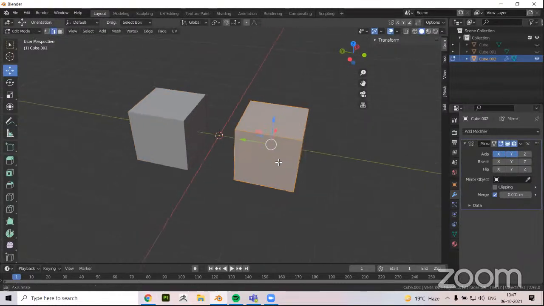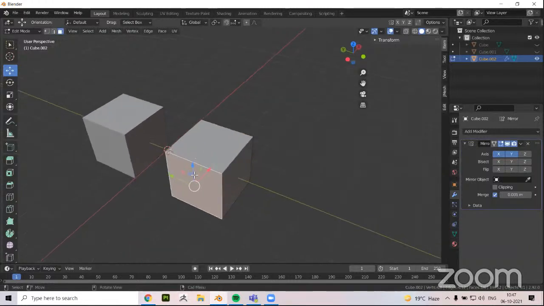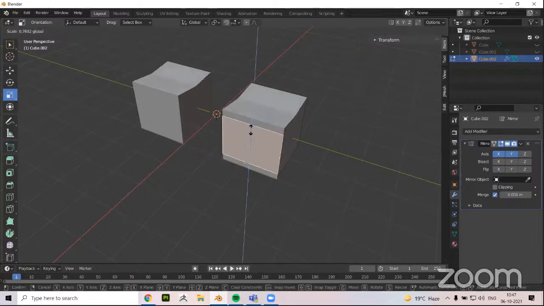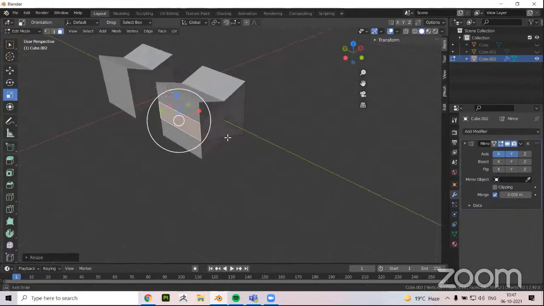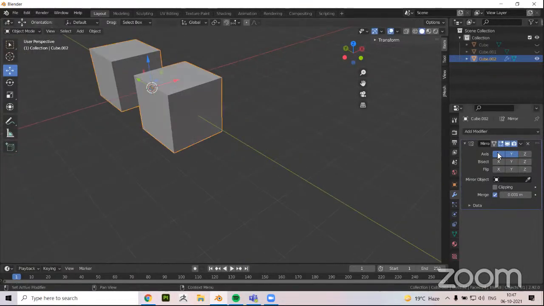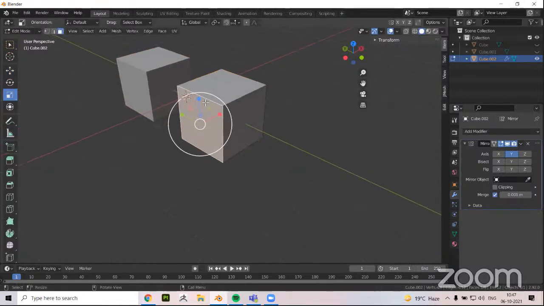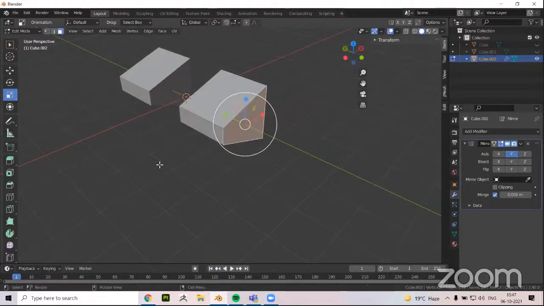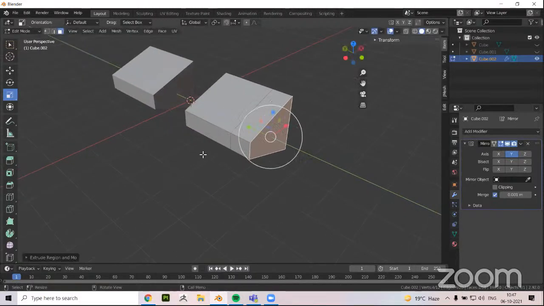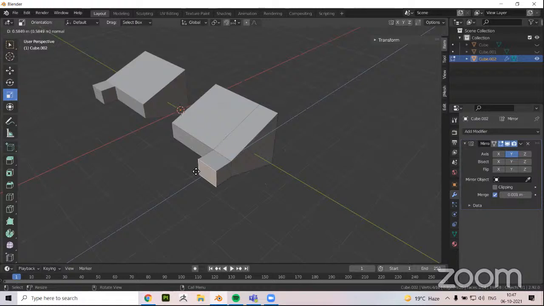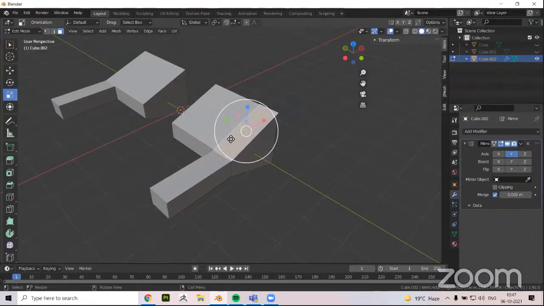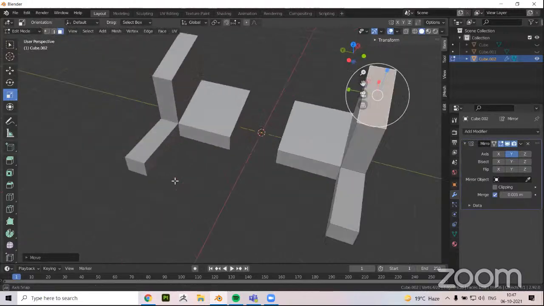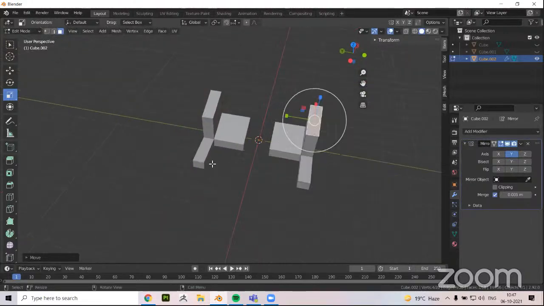on the other side. And whatever changes I'm doing to this cube, suppose if I'm scaling this face down with the scale tool, it'll also happen on the other side. Yeah, if I'm scaling this thing on the Z axis, it will also happen on the other side. If I'm extruding this thing out from here, it will also happen on the other side. I can extrude this thing from here. I can extrude it from here as well. Move it up. Whatever shapes I'm trying to create on this side will also be duplicated on the other